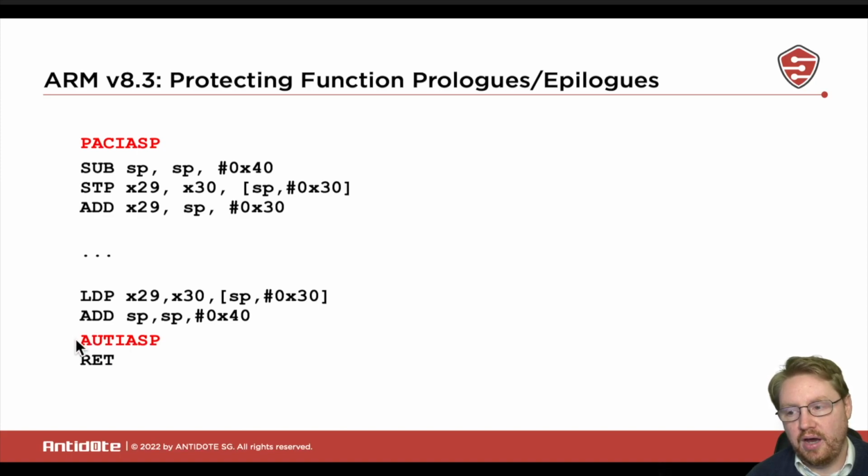And this is where the out instruction comes into play. It does the same thing in reverse. It authenticates the pointer with the IA key and using the stack pointer as the context. So what does it mean? It basically means that while it's stored on the stack, it is protected once by the IA key, which is unknown, and second, it's protected by the stack pointer,